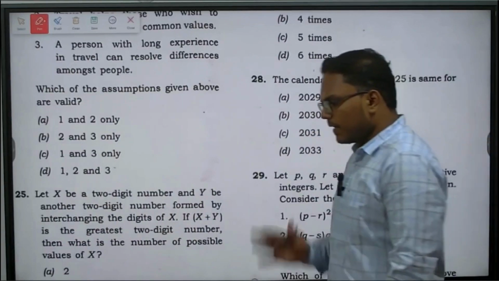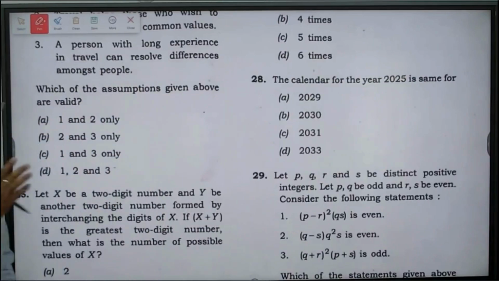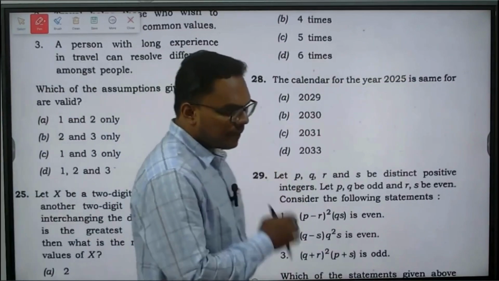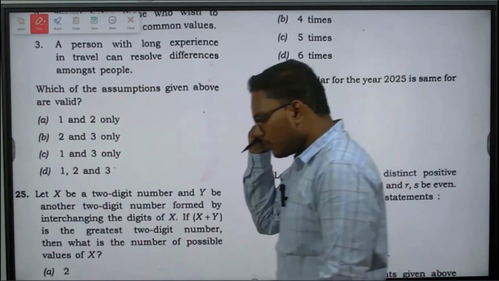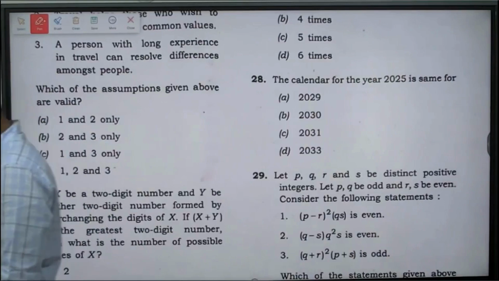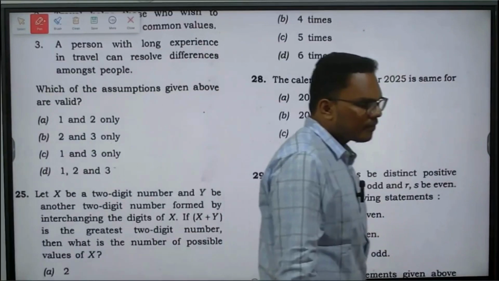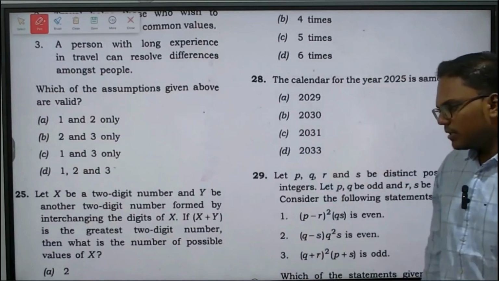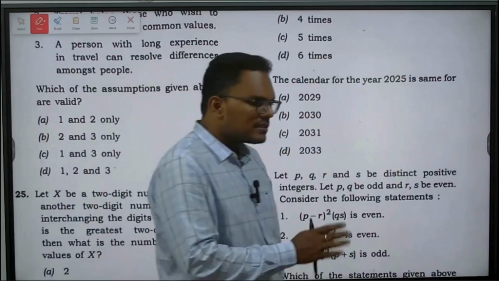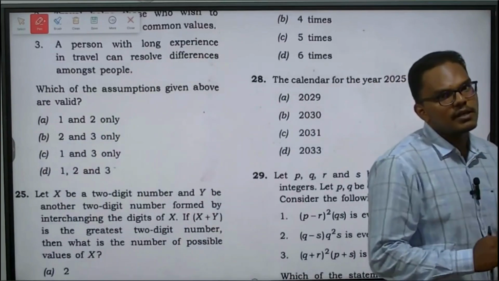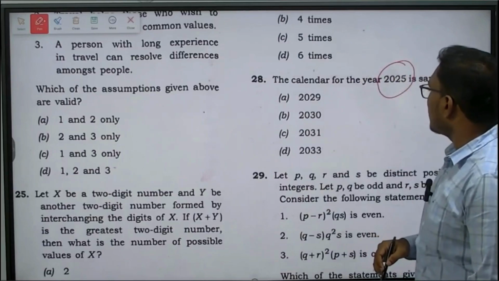One is, similar calendar year means assume that you have January 1 on Sunday, and after some years, similar calendar year means your January 1 should fall on the same day. That is having a similar calendar year. So your calendar year for 2025 is same as for,